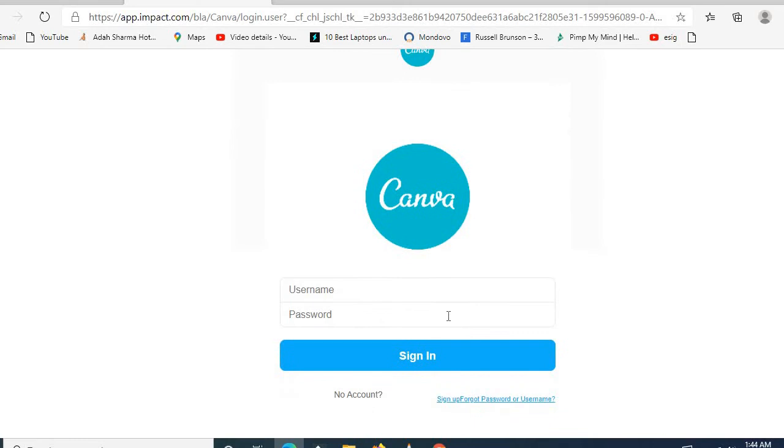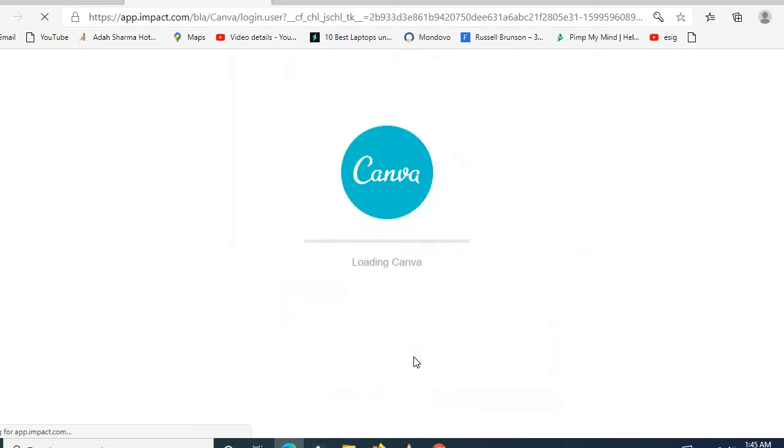Enter your username and password. I'm entering my Canva password and click sign in.